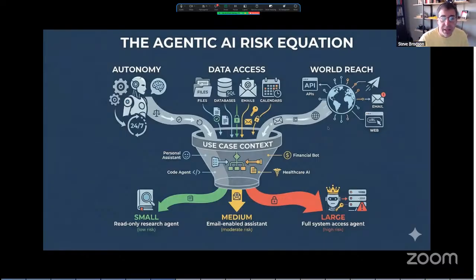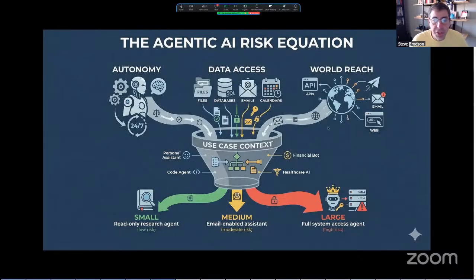The second piece is that it has access to data. The paradox of this, which I think I've got a slide coming up on, is that the more of your sensitive data you put in, the more useful it becomes, but the more of a risk it is. So as we're thinking about that risk equation, data is part of it. But then the third piece of the risk equation is the fact that it can reach to the outside. And by the outside, I mean the internet or something, either directly or indirectly through a tool.